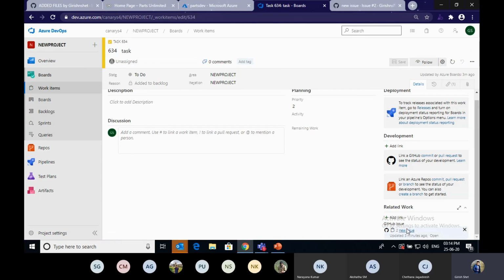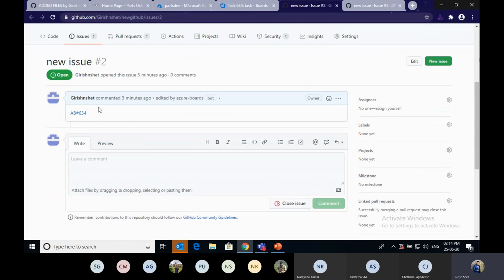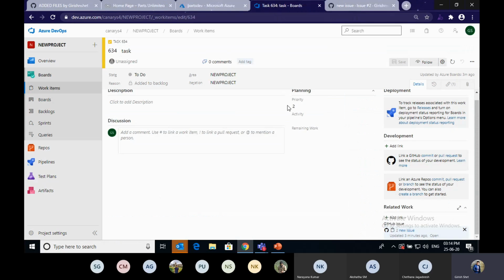You can see my issue is added to the work item here. Likewise, while creating a commit also you can add your work items here. This is the way you can associate your work item with the pull request, commit and issue here.